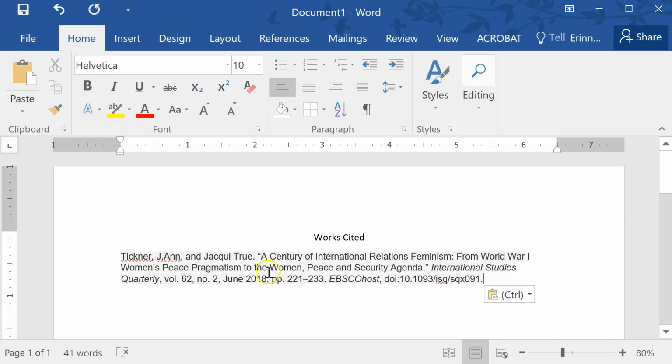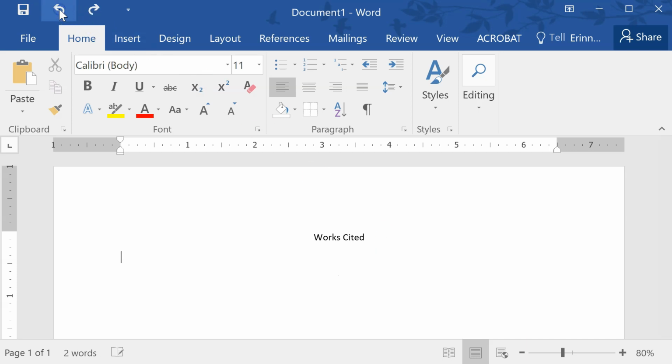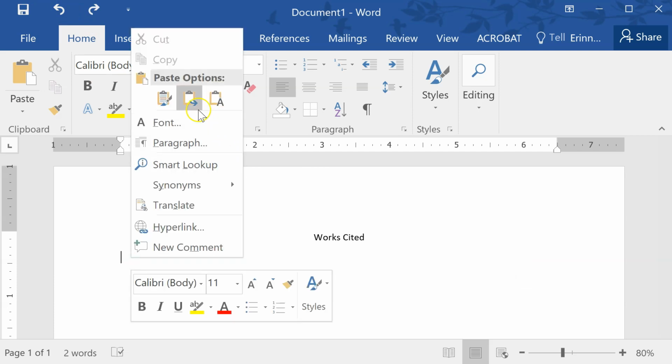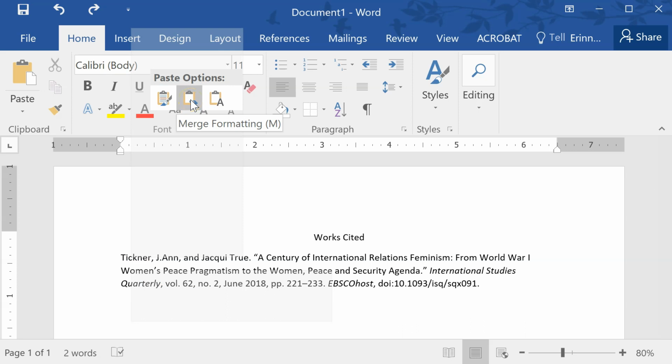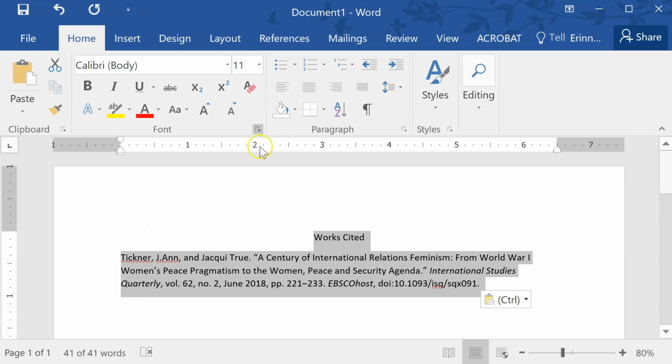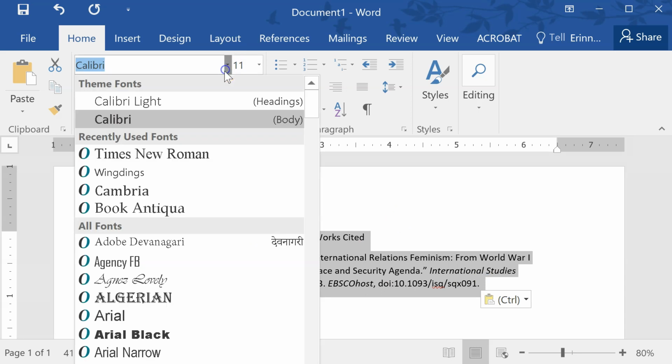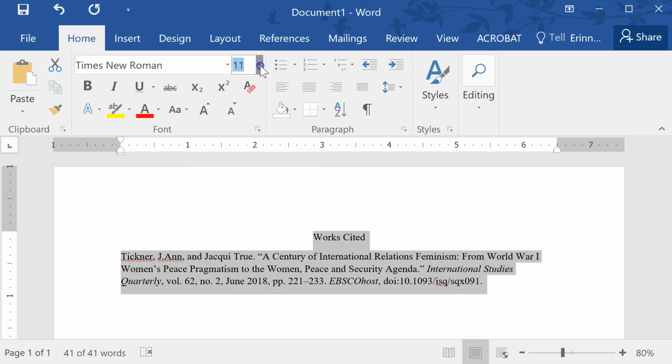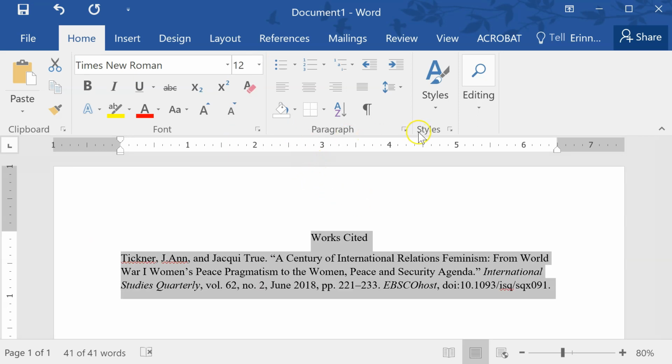If you paste it in and it's highlighted gray like this, it's actually difficult to fix this, so what you want to do is undo what you just did. This only happens when you use the keyboard shortcut. To avoid this, simply right-click and use the Merge Formatting option instead. Then, you need to select everything and set it as Times New Roman, size 12, double-spaced,